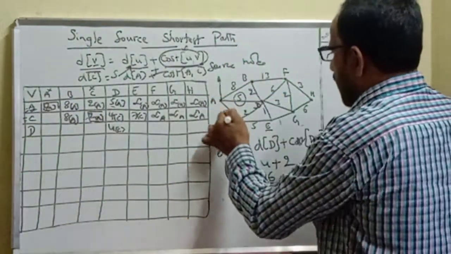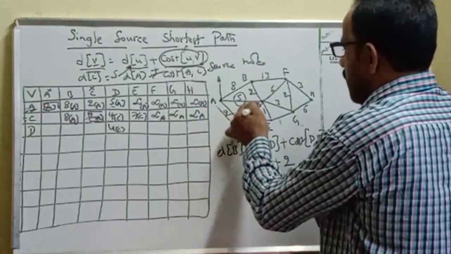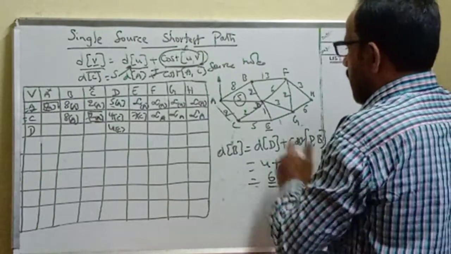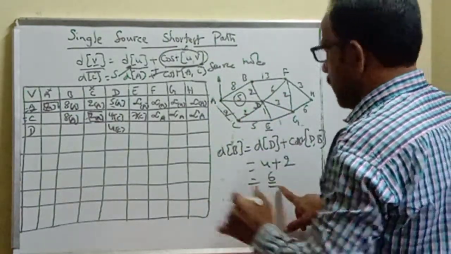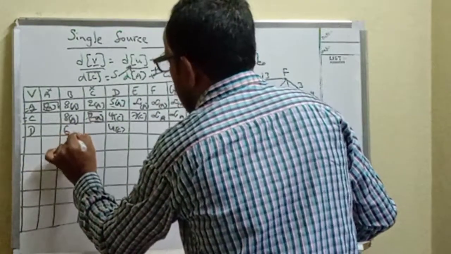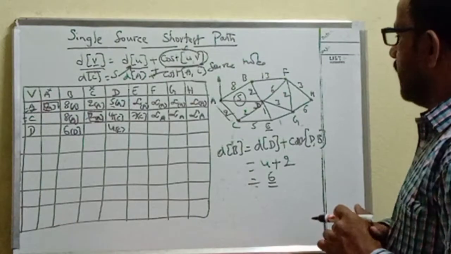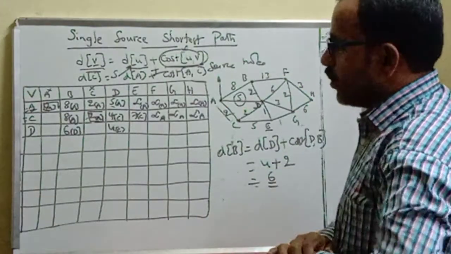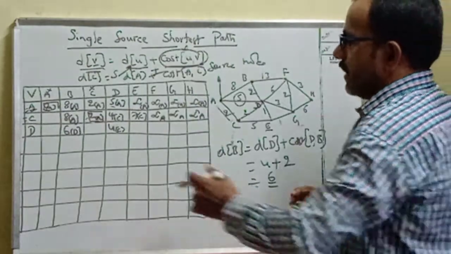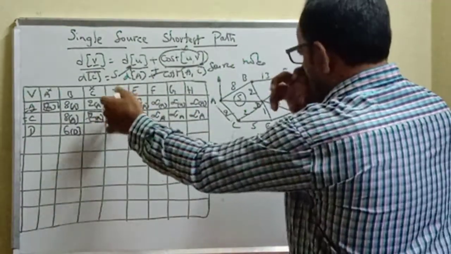But if you go via C and D, because C was the earlier one, but after considering C only, we got D is the nearest node from C, and from D, we got the distance as 4 plus 2, 6 units. Now 6 units we got, but via D if you travel, we get 6 units distance from the source node. Okay, next. Anyway, we cannot calculate this, and anyway we selected D only.